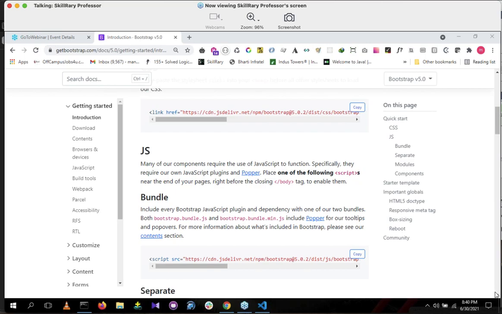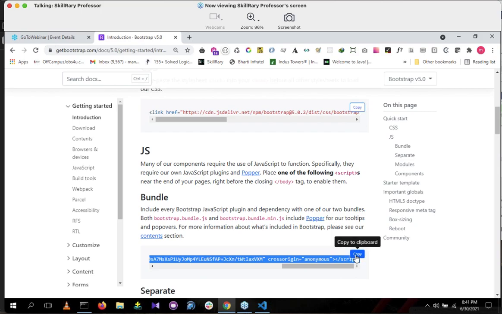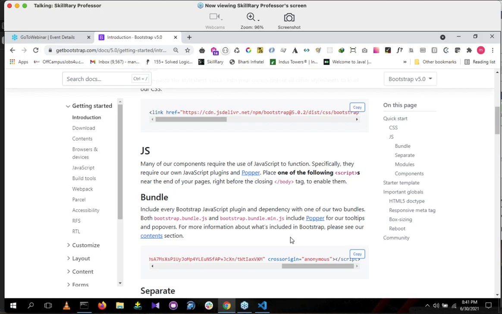If you scroll down, below the CSS you have the JavaScript, bootstrap.bundle.min.js. Copy this link, the entire script. Done. JavaScript is sent. Copy it.